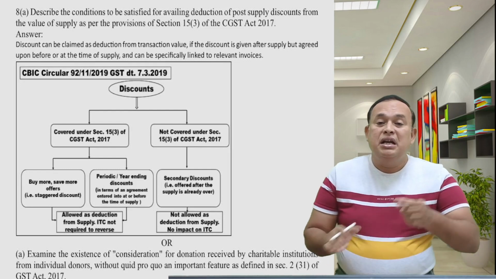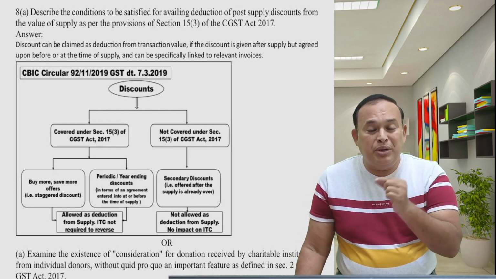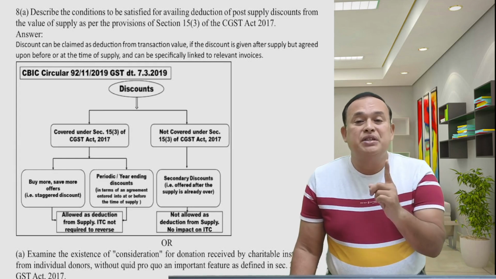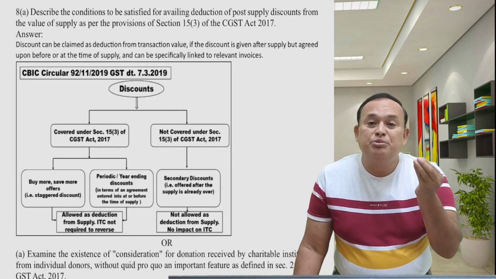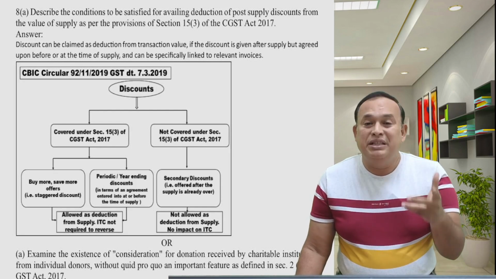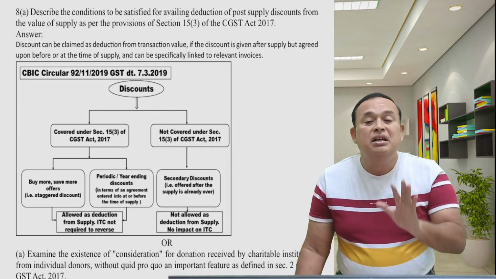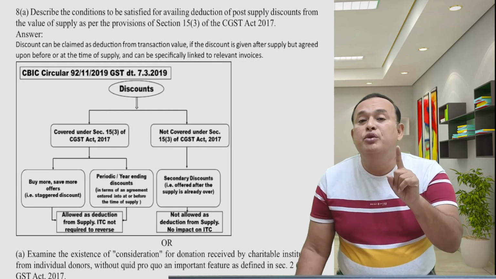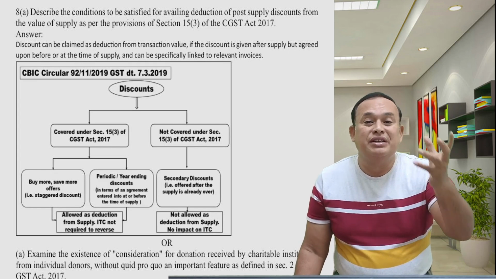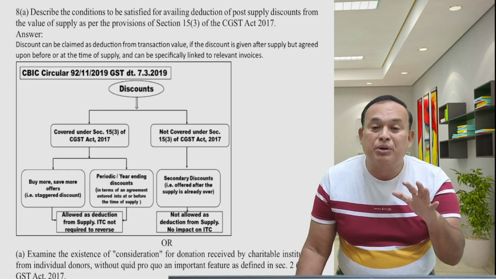Here the point is, if you provided that particular discount after supply has taken place, post supply, it is allowed as a deduction only when at the time of supply or before supply there must be a mention of such discount in the invoice. That means when I am supplying the goods or services, I mention in the invoice stating that I will provide the cash discount to you if you pay within 10 days, within 30 days from the date of invoice. I will give you so much of discount. Such a mention of discount in the invoice at the time of supply should take place.